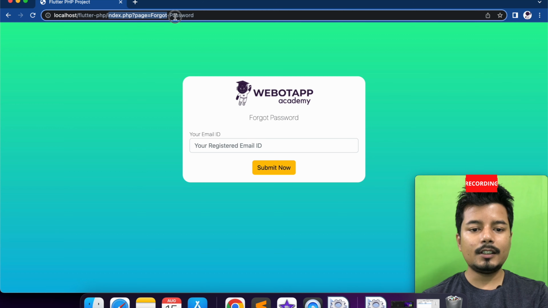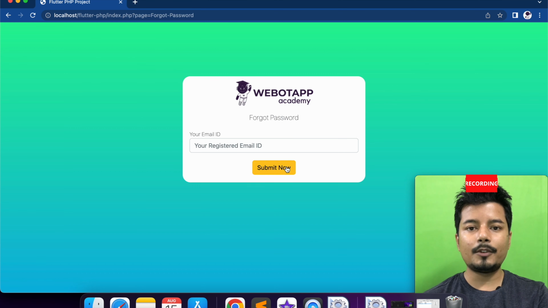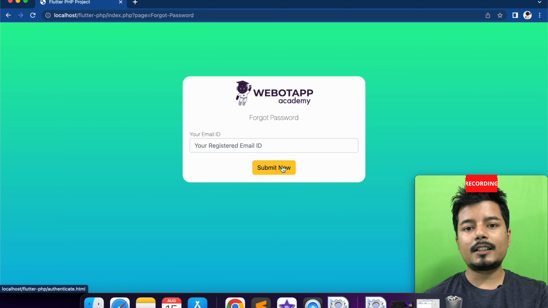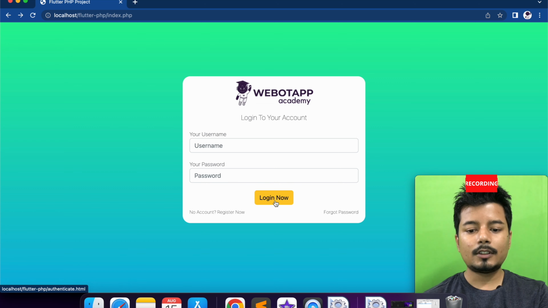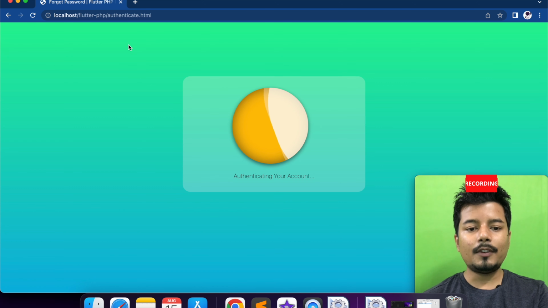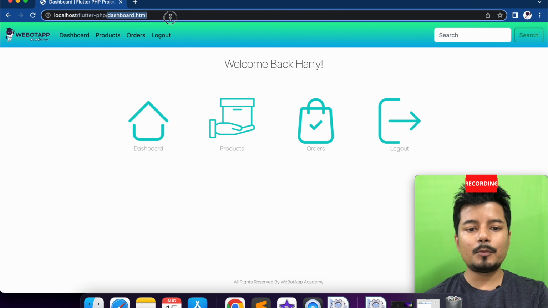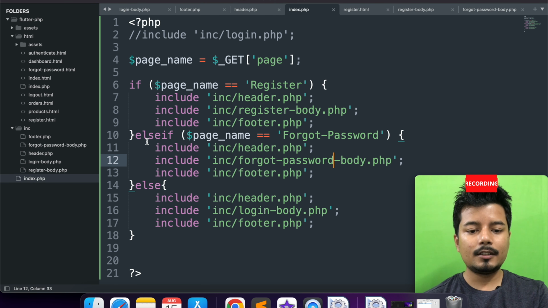Here we can see index.php page equal to forgot password, and if I click on the submit button, then the user should be redirected to some other page. We haven't created this function, and we will make the function active in the later part of this series. So let me go back now and click on login now. If I click on login, it's taking me to authenticate.html, and this page should be done in this way,